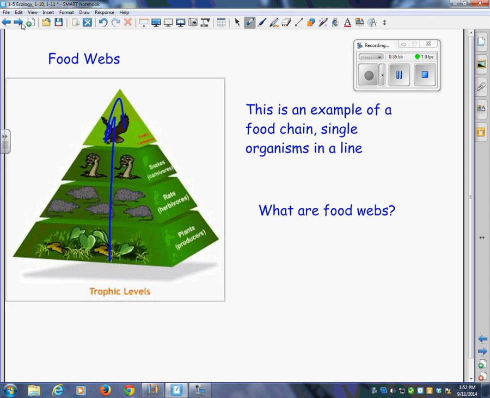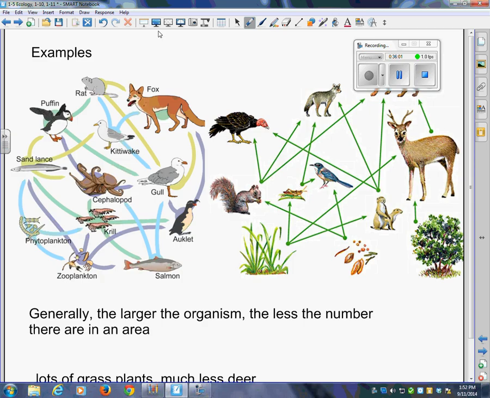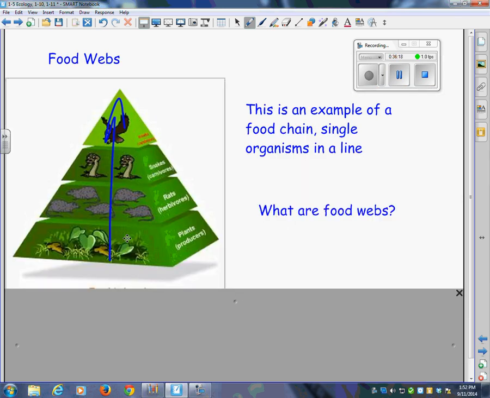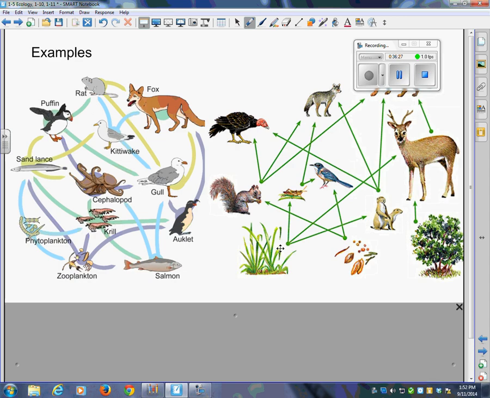If I show you this picture, is that what you have in mind, Reese? Are those food webs? Like, how is that different? How are those two things different than this? This is sort of like one arrow, right? Rats eat grass, snakes eat rats, hawks eat snakes. It shows everything in relation. Yeah, it shows everything. Would you say that it's a multiple or many food chains sort of put together? Interlocked, like a puzzle kind of thing, right?